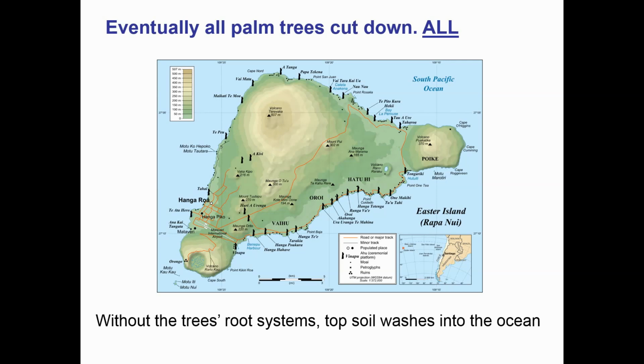What's crazy about this whole system is, look how small Easter Island is. As we said before, that's 3 miles. It's a tiny little island. Any person that was living on this island would have known the geography and the layout of the whole place. What this means is the person that cut down the last palm tree knew exactly what they were doing. The person who cut down the last palm tree knew they were cutting down the last palm tree, and they